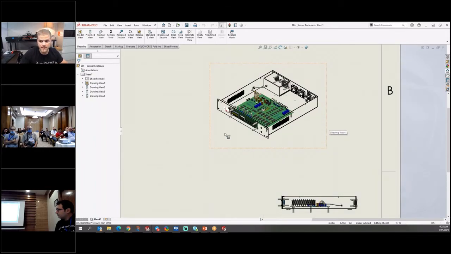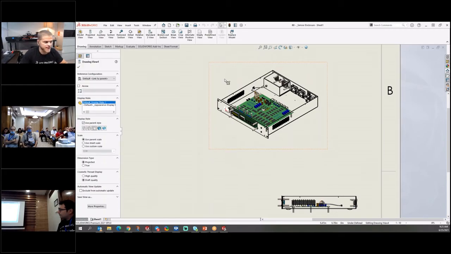And my first indication when I hover over this view, maybe you can see next to my mouse there, is that little symbol with a lightning bolt. It's telling me this view is in draft quality. That little symbol means this drawing view is in draft quality mode. Draft quality in a drawing is SOLIDWORKS forcing it into draft quality because it sees an issue with that view, and it's forcing draft quality to allow the view to calculate or to create.